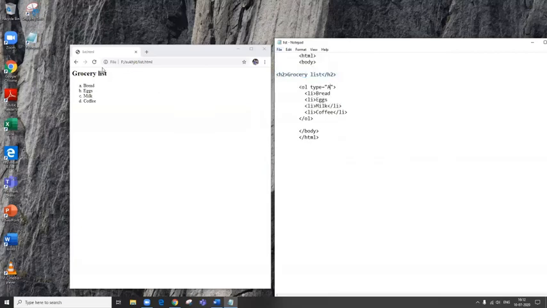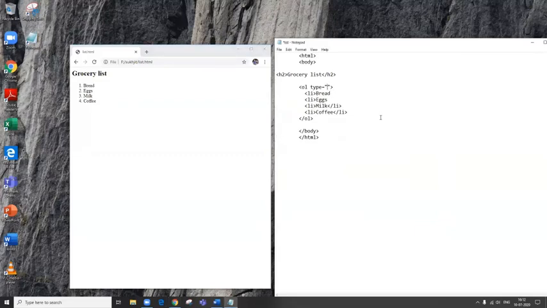So we'll see all the 5 types, children. A, B, C, D here, uppercase. We had this as 1. This is the default. Default means even if you do not write type, even then 1, 2, 3 will be displayed. So the numbered list is 1, 2, 3, 4. The number of list items means the number of numbers that you will be seeing. 4 list items, 4 numbers I am seeing.